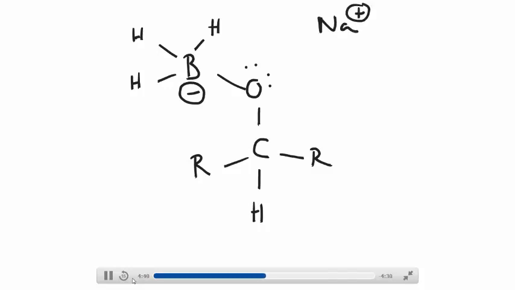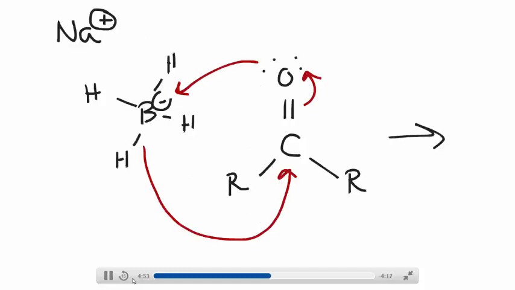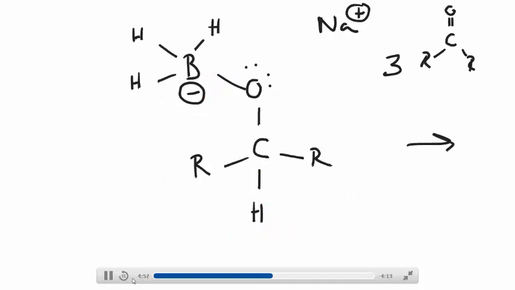What's going to happen is this complex can react with 3 more aldehydes or ketones, whatever it is you've got in the solution, because there are 3 more hydrogens on the boron. And I'm not going to show this, but it's basically a repeat of this step 3 more times. Okay? So at the end of all of that,